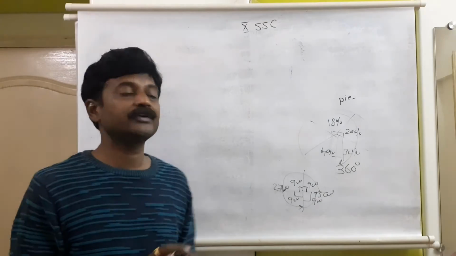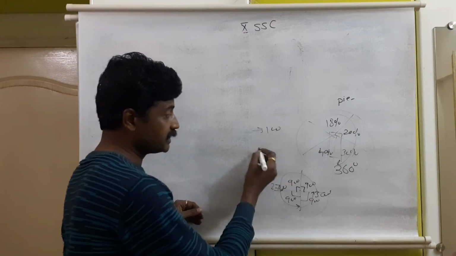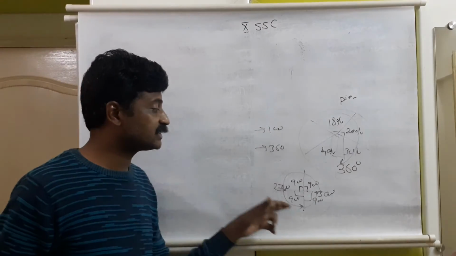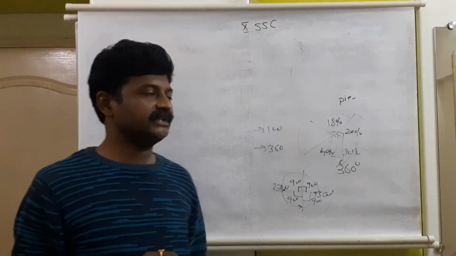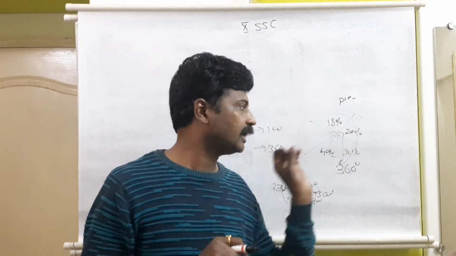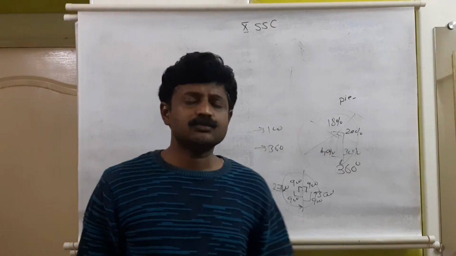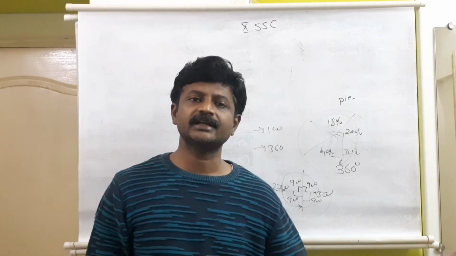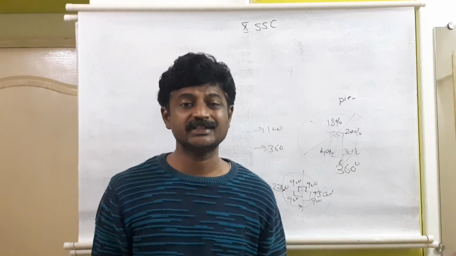Out of percentage, when we are calculating, we are converting out of 100. When angular measurement comes, we need to convert it out of 360, because it is 360 degree as the angular measurement of a circle. But for percentage, it is out of 100. So this is the relation, the balance should be done and we can convert. So the easy way to convert it is comparison. How do we convert marks into percentage? Same way, instead of converting out of 100, we can convert it out of 360 very easily.